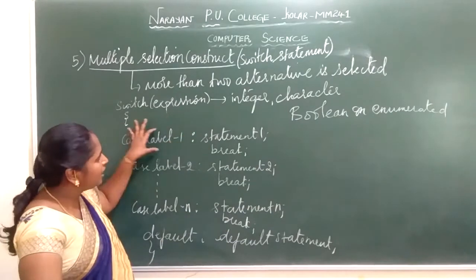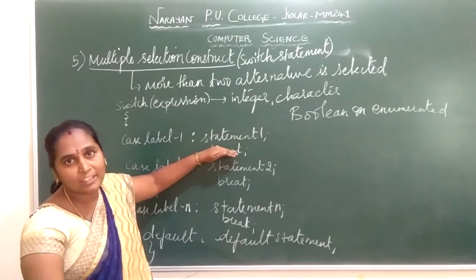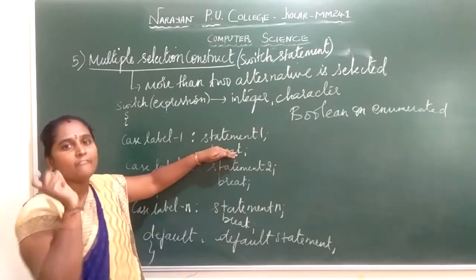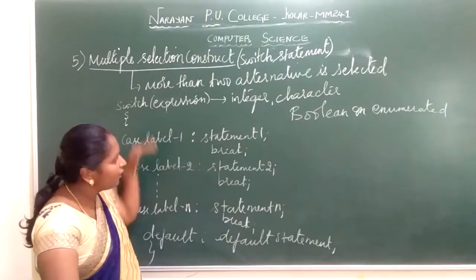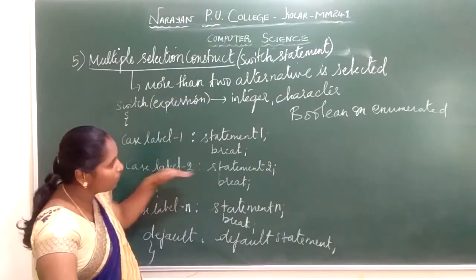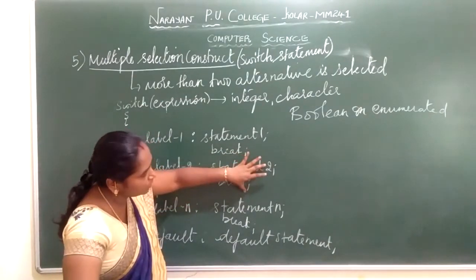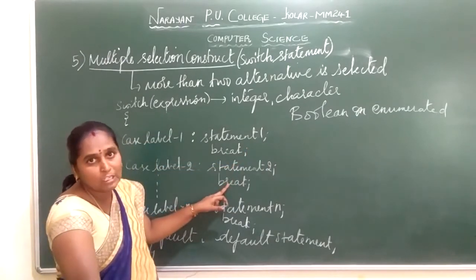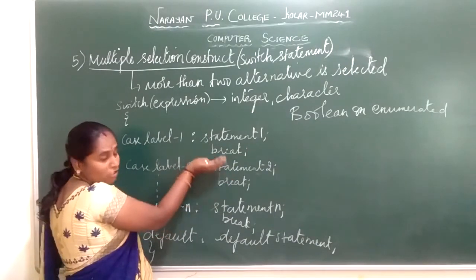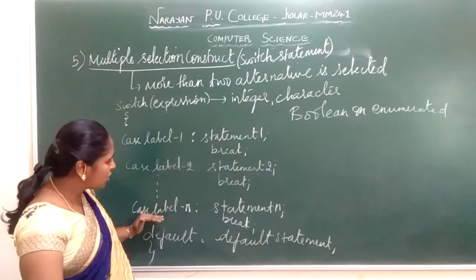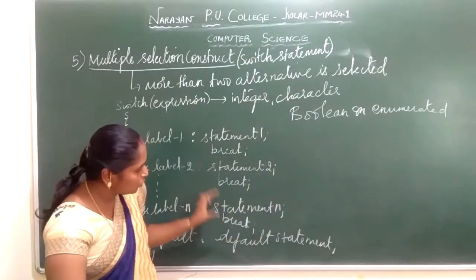So after each label, that is, after each case, a break should be included. It indicates this is the end of that particular choice or particular value of the expression. Next, when you go to the next label or next condition, if the value of the expression matches case label 2, a set of statements is executed in statement 2. After executing the set of statements, it should be given the keyword break. It indicates the end of that particular condition. So each label should end with your break statement, that is, after executing the statement, you should give a break.